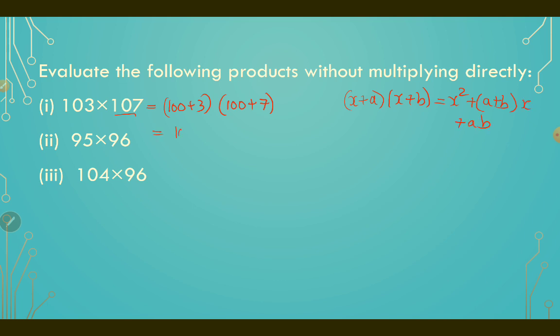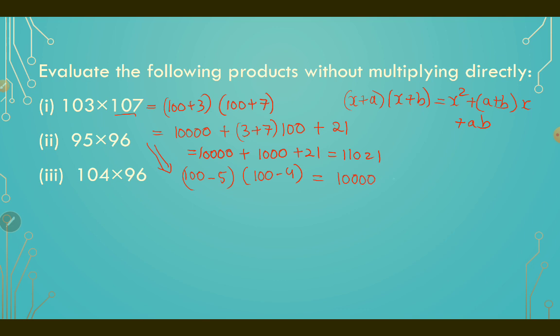So this is nothing but 1 followed by 4 zeros plus (3 plus 7) into 100 plus 21. This is nothing but 1 followed by 4 zeros plus 1000 plus 21. That's nothing but 11021. This can be written as (100 minus 5) into (100 minus 4), which is 1 followed